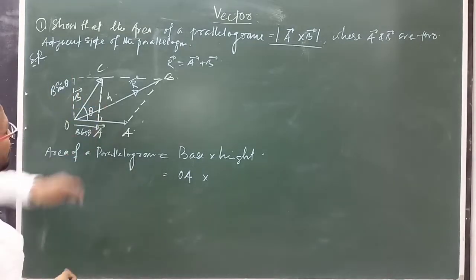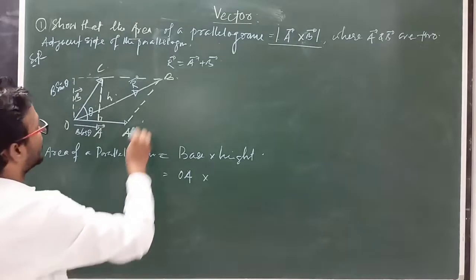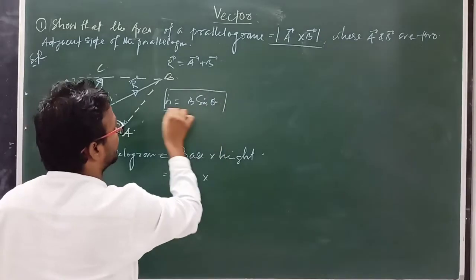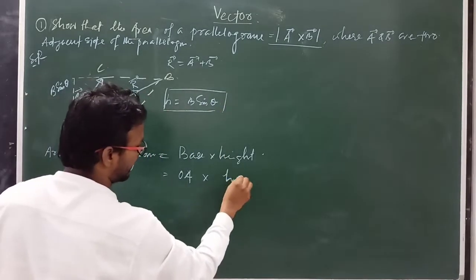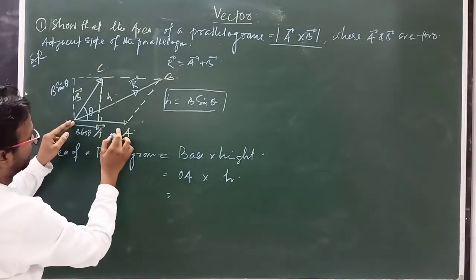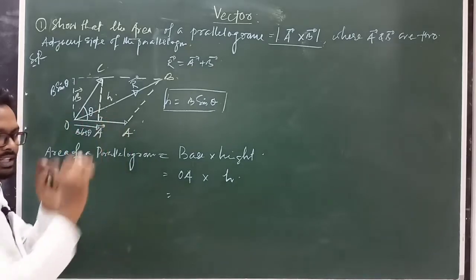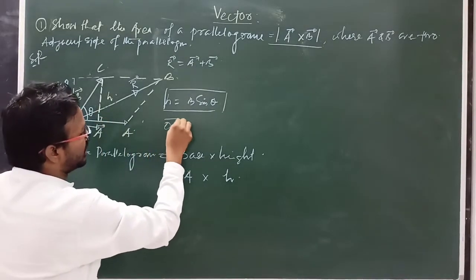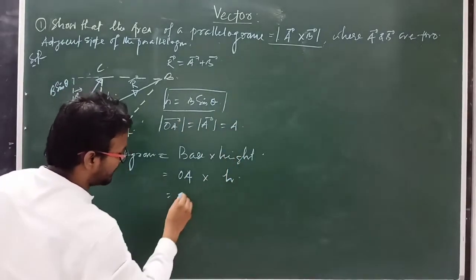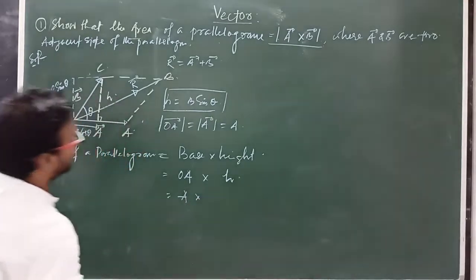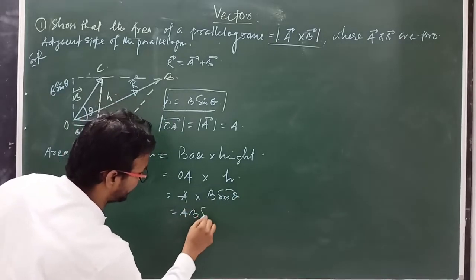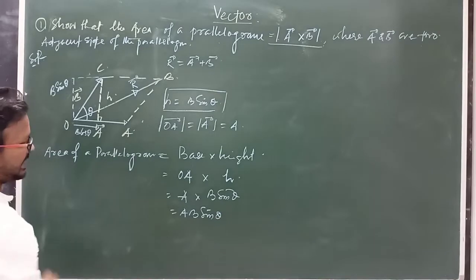And here B sin theta is equal to h, because this height and this height are equal. So here we got h equal to B sin theta. Clear? Here perpendicular height you can write h. So OA, what is the value of OA? OA means one side of a parallelogram and its value is a vector, means we have to take only magnitude. So OA vector magnitude is equal to magnitude of A vector, equal to A. Now use this value, so A into h, what is h? It is your B sin theta. So B sin theta, and we get AB sin theta is area of parallelogram.